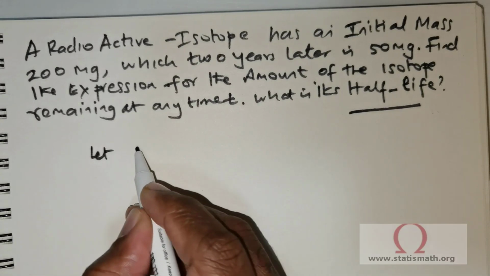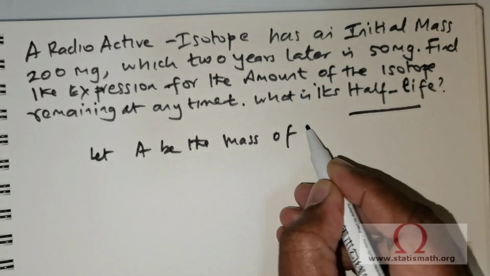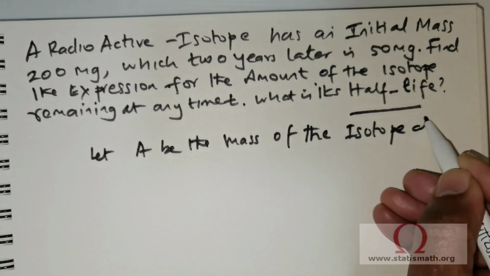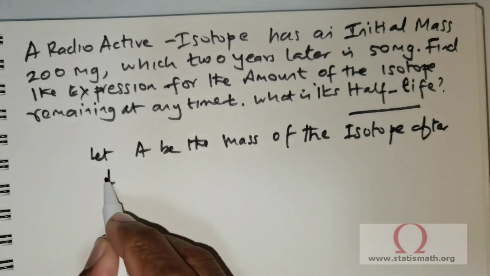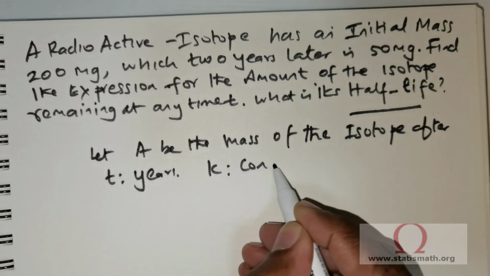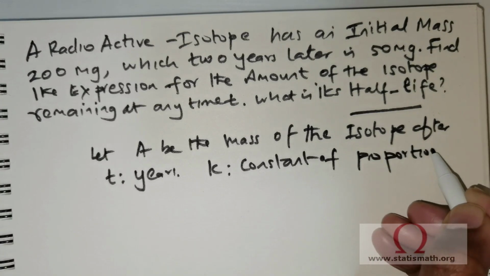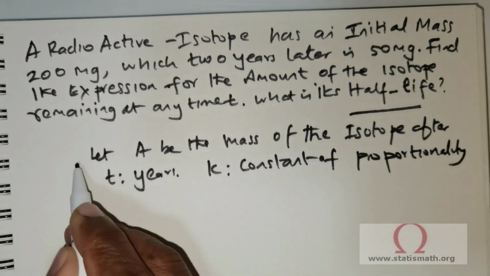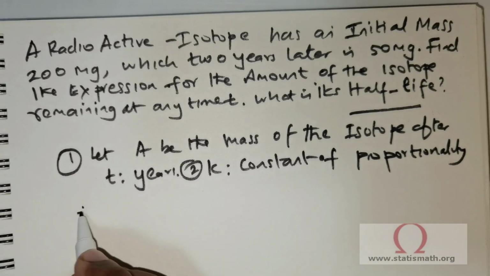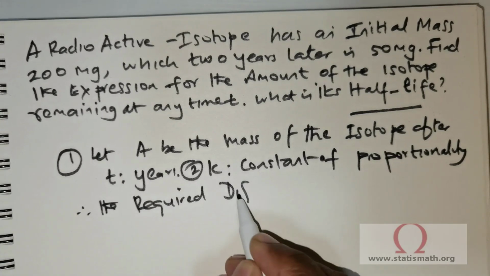So we would start by saying, let A be the mass of the isotope after t years. Now let K be the constant of proportionality. Therefore, the required differential equation